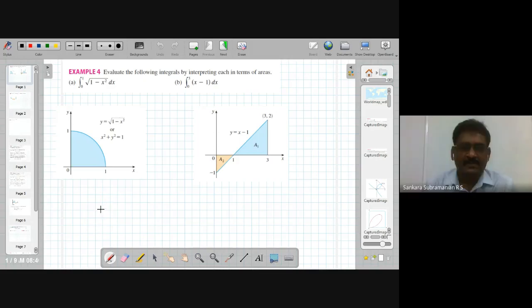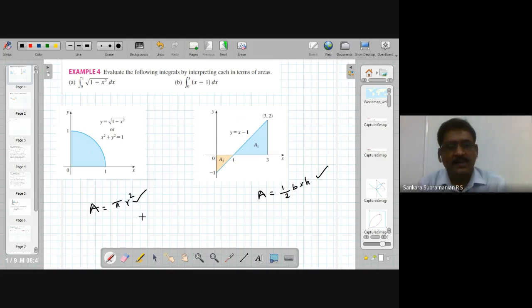So we know that the area of the circle is pi r square, if r is the radius of the circle. And the area of a triangle, everybody knows, is half into the base multiplied by height. We know that. And how can we incorporate this idea with integration